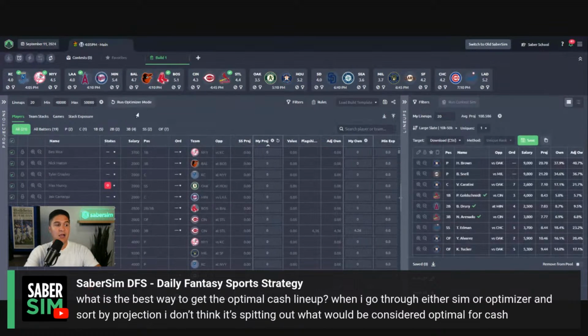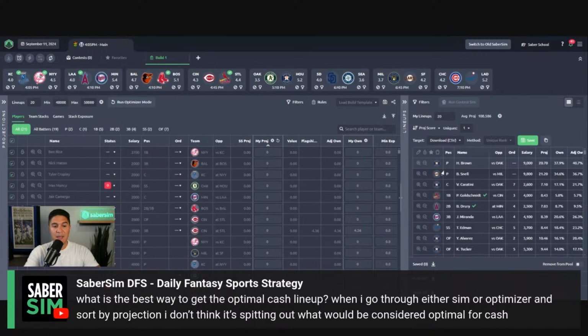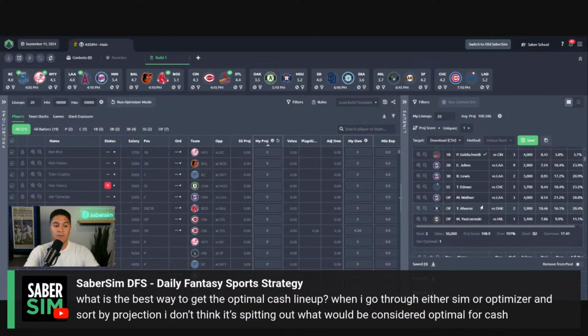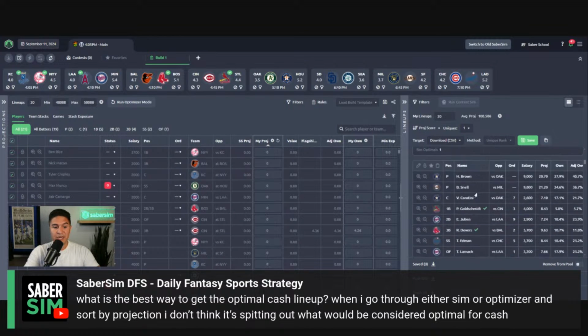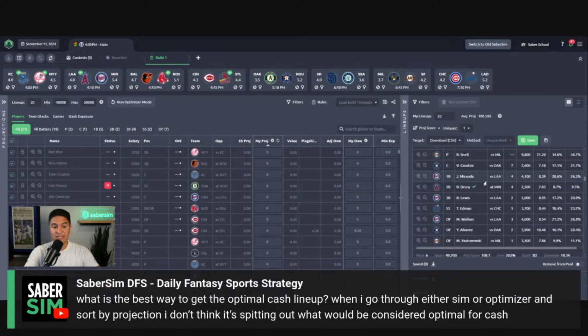Here, you can see I kick off this build. It's just going to build 20 lineups. I'm going to switch my sorting metric to projected score. Then I'm going to look and see, okay, top lineup 109.1. Second lineup, 108.9, so slightly lower, 108.7, 108.7, 108.7,